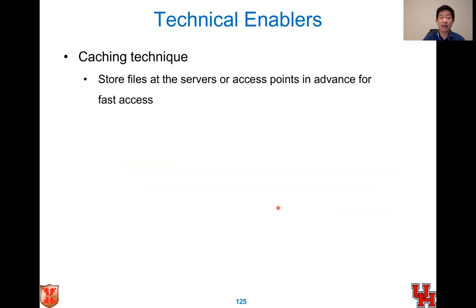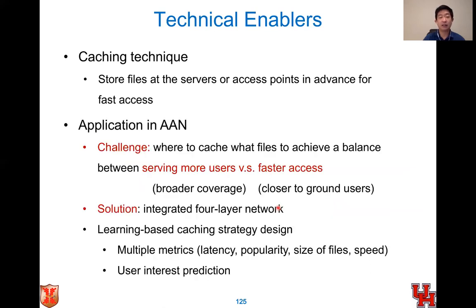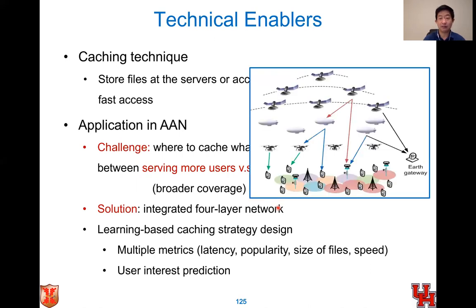And caching schemes to store content; the challenge is where to cache, to serve more users or give faster access. The solution is to integrate different layers. For different layers, they may cache different content so that they can maximize the cached content. And for example, even though Trump wanted to ban TikTok,